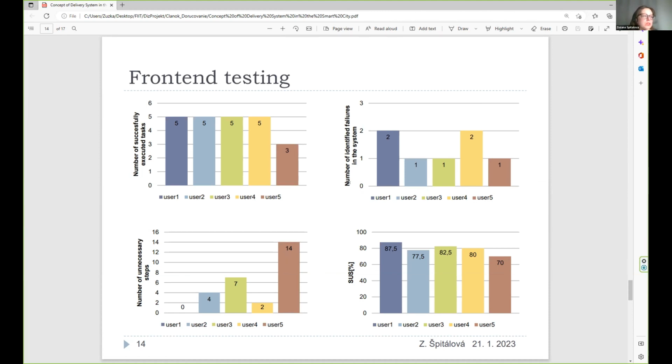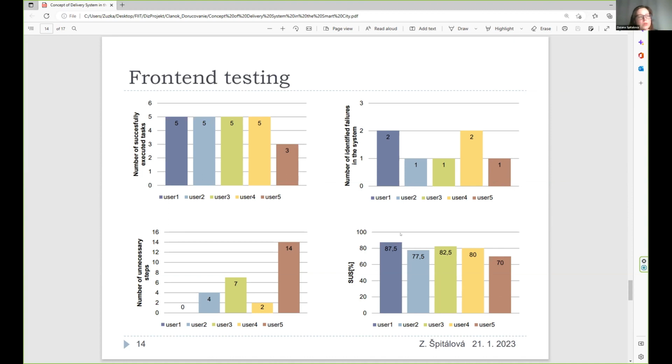Another metric was the number of identified failures in the system. So each of the users found some mistakes. These mistakes were fixed, and the tests were executed again. And the last graph represents the system usability scale method.